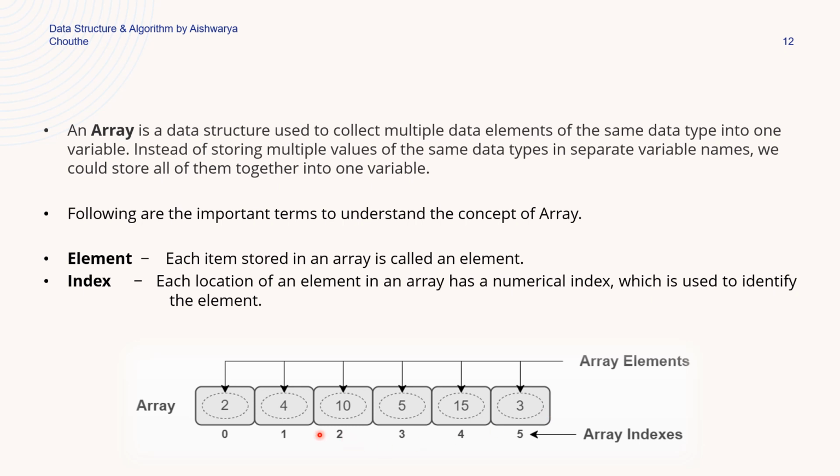So here in the example we can see that 2, 4, 10, 5, 15, 3 are the elements of the array, and 0, 1, 2, 3, 4, 5 are the array indexes. Means 0 index represents that the 2 element is present at 0 location. 4 element is present at first location. In this way,